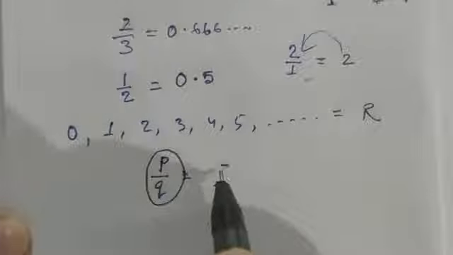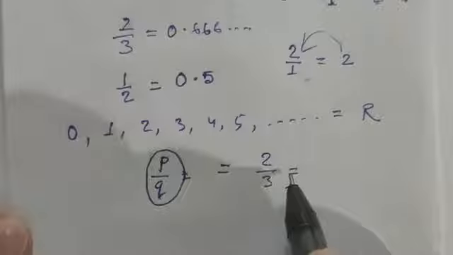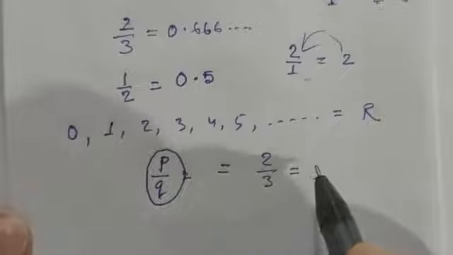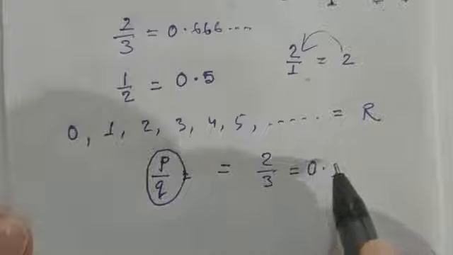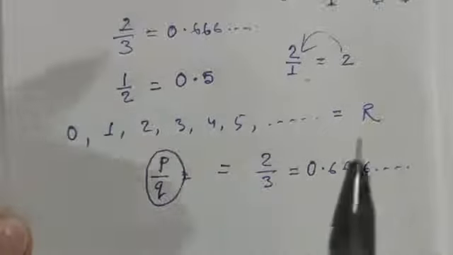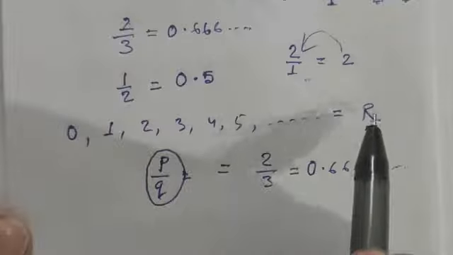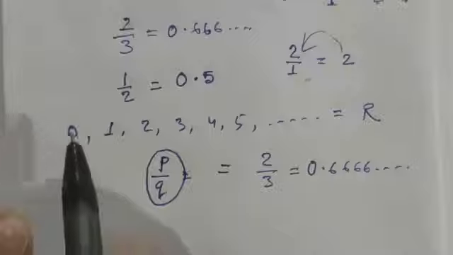If we take the same example, 2 by 3, if you divide it, it is not a whole number. It will have a decimal expansion like 0.666666. Got it? That means rational numbers include all the natural numbers, all the whole numbers,